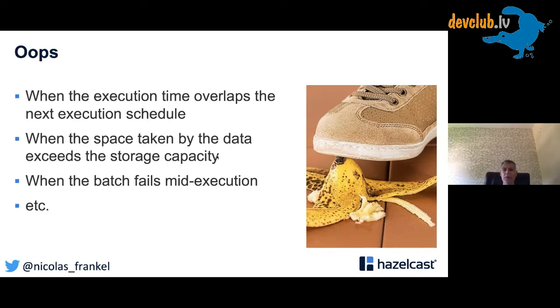Something that can happen also, and I guess you already encountered that, is what happens if the batch fails during its execution. So if you are a bit lucky, you might have used transactions, which is good. So basically you roll back everything. But then if your batch is an hourly batch and it takes 30 minutes and it fails at the 20th minute, then again you run into the first problem, that if you start it a second time, probably the end of the batch execution will overlap the start of the next one. So you have a lot of issues with batching.